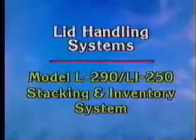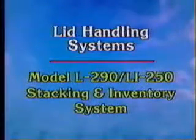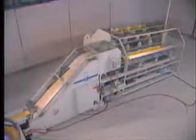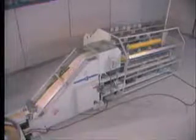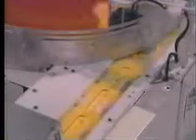CBW produces a lid handling system which is capable of handling plastic lids from 2- and 4-level stack molds of 48 cavities and beyond, operating at cycle times as low as 4 seconds. The lids are fed onto a vacuum belt in single file, which assures that they are properly registered on this